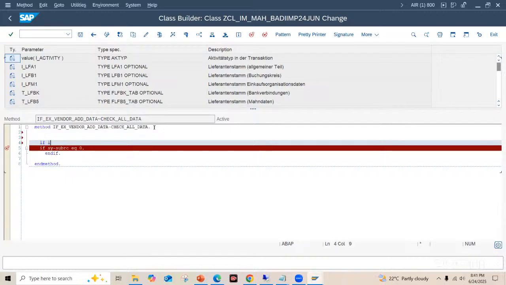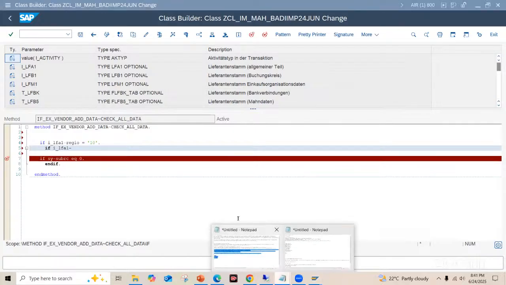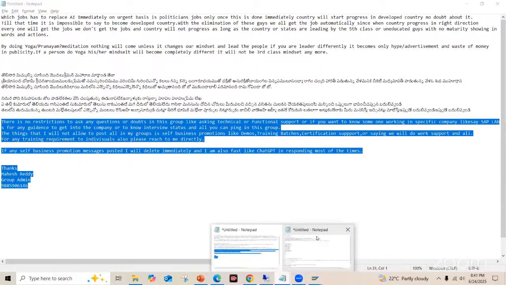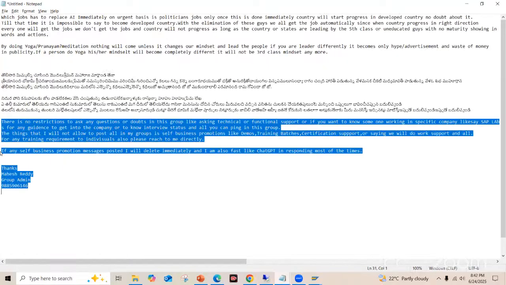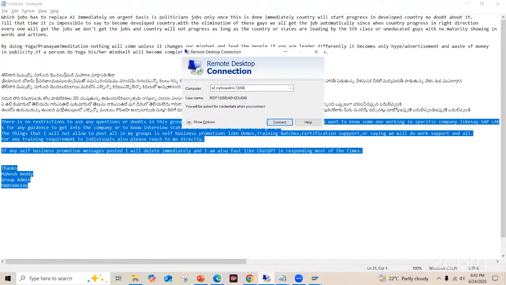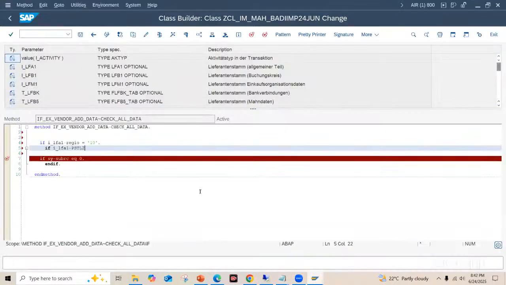If LF_A1-REGIO equal to 10, okay. If LF_A1-PSTL2 not equal to